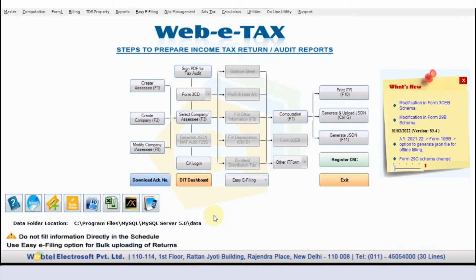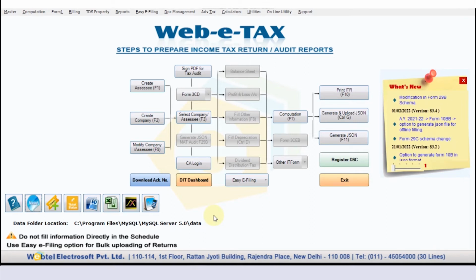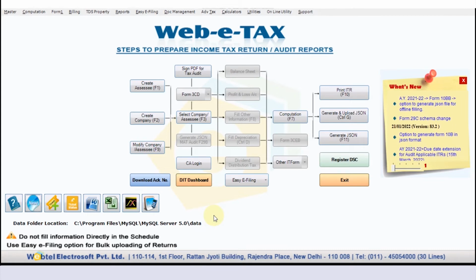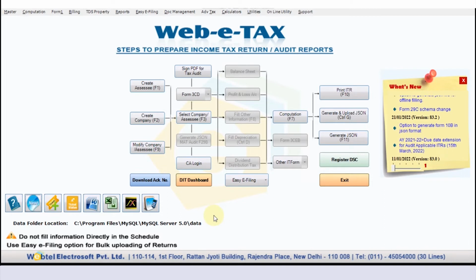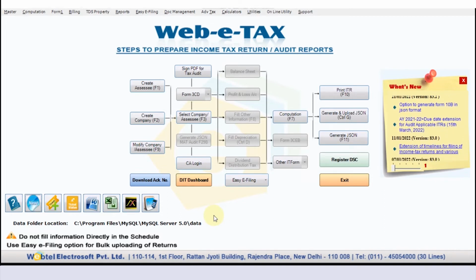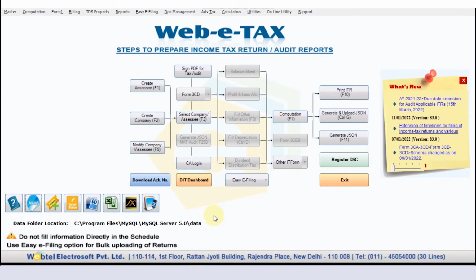For example, Mr. Arman is an assessee having the taxable income of rupees 8 lakh per annum, and he has also made some investment related to LIC policy amounting rupees 80,000, and he has also made an investment in a PPF account of rupees 75,000 also.